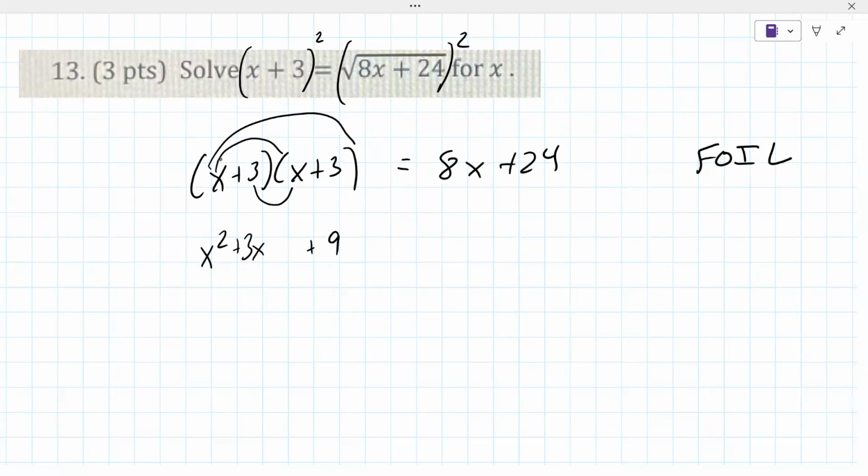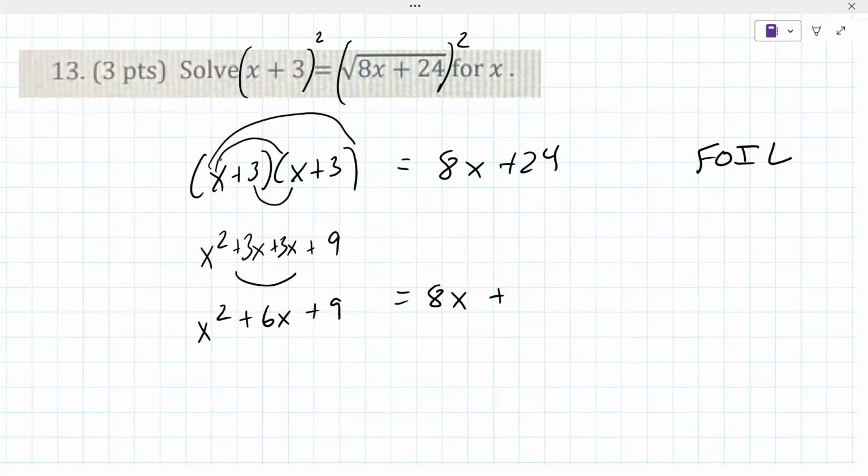Yeah. And what about the I, the inner? 3 times the x. What does that become? 3x. Good. And you can typically combine the O and the I. What does 3x plus 3x become? 9x. Try again. You're adding 3 plus 3. Oh, 6x. X squared plus 6x plus 9